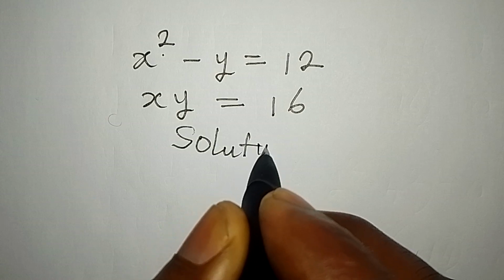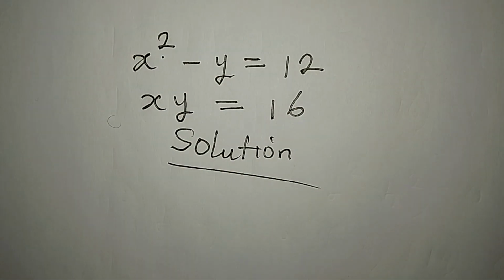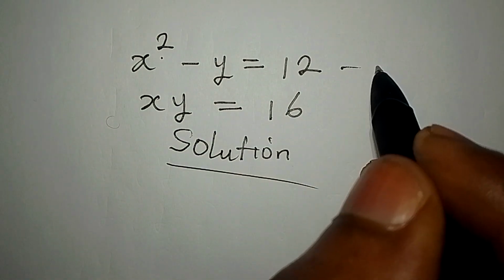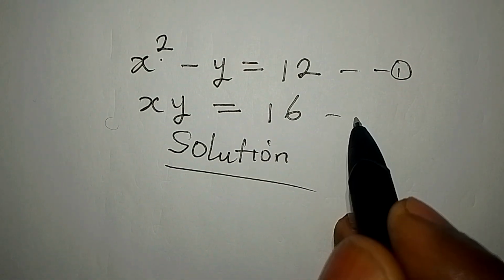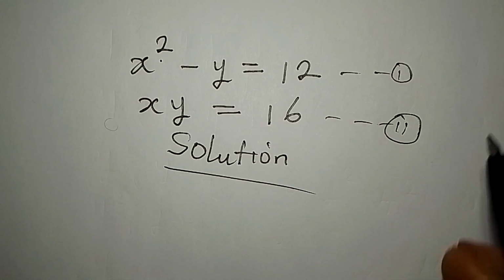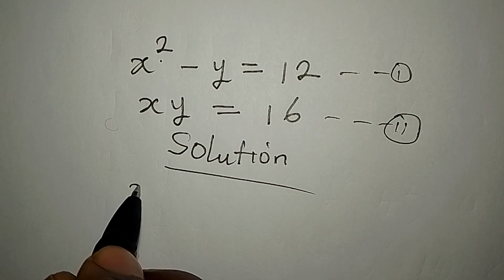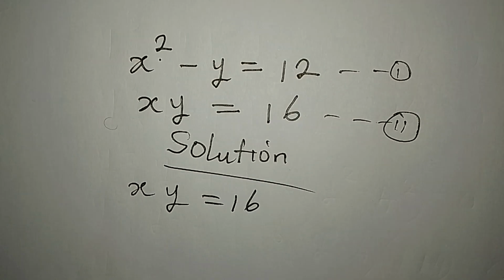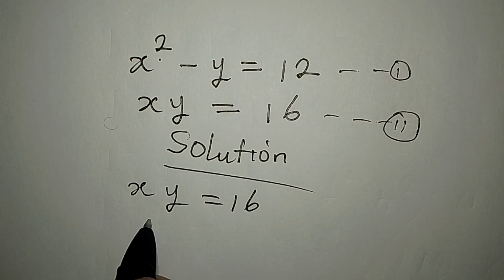Let's provide the solution to this. Okay, here's what I will do from equation 2. This is our equation 1 and this is our equation 2. So from equation 2, xy equal to 16, I'll divide both sides by y